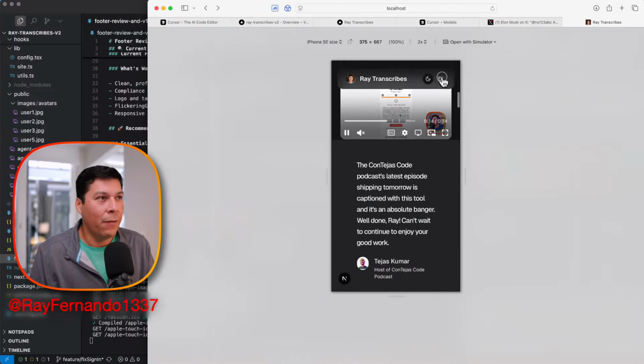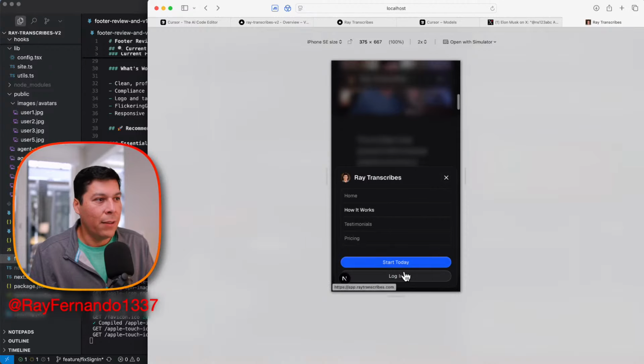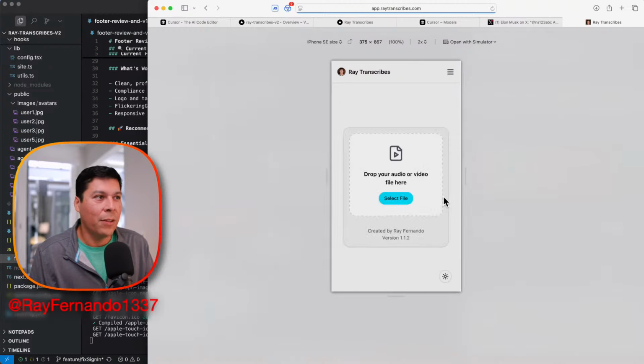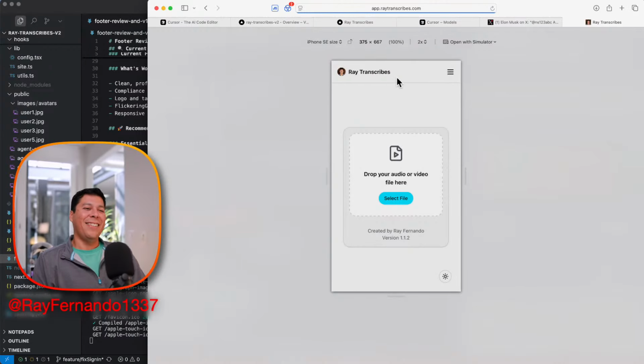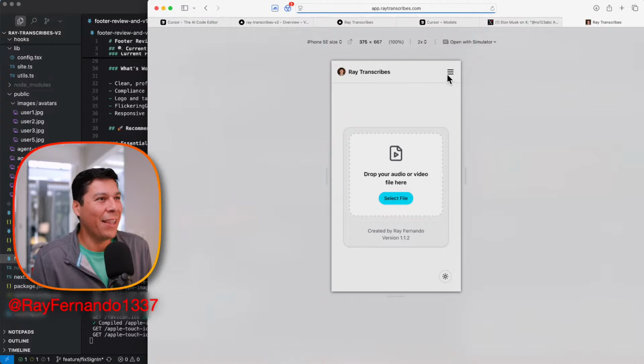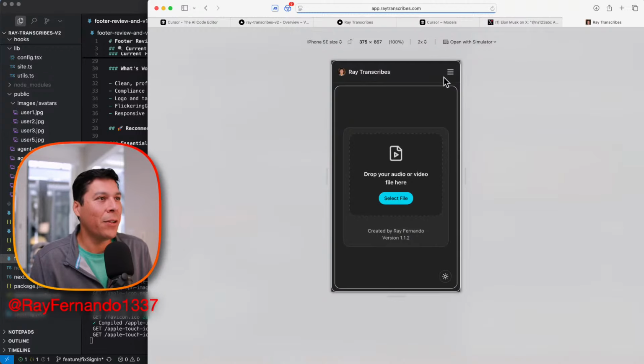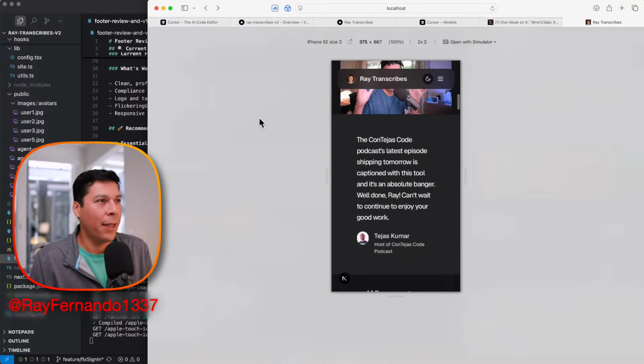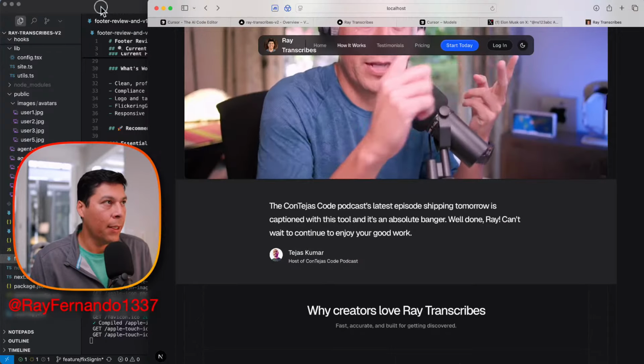Yes. And then if I hit this little drawer, you have this, and you also have the login button, which is super awesome. Oh, this is so good. Man, this is so good. It's so good in a lot of different ways, and I'll tell you why. The main thing is the fact that, one, Grok 4